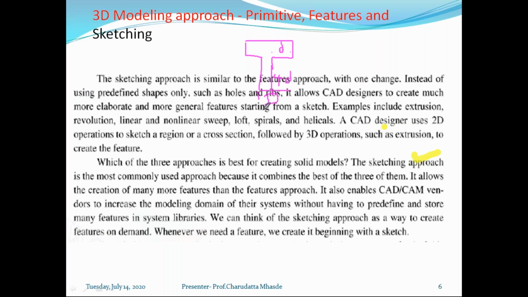It means one parameter you give as the input, and all the others are calculated as per the standard. This is a very popular approach in industry also, but it is only useful for standard components where you give the input and the other standard dimensions get calculated. So all four approaches designers generally use: primitive, parametric, feature, and sketching. But out of these, the most extensively used one we'll see next.